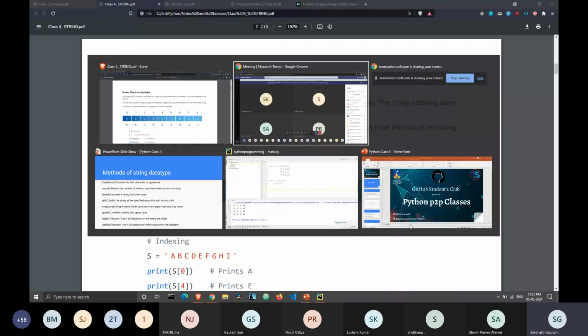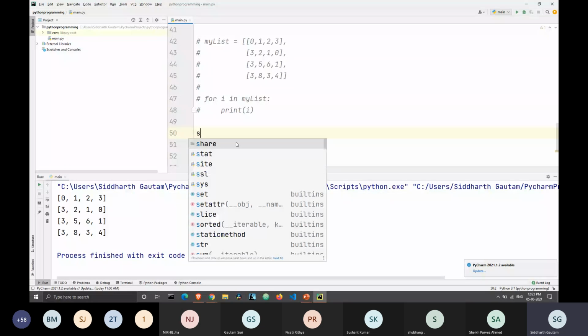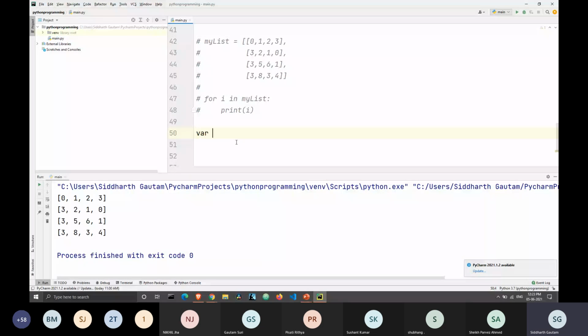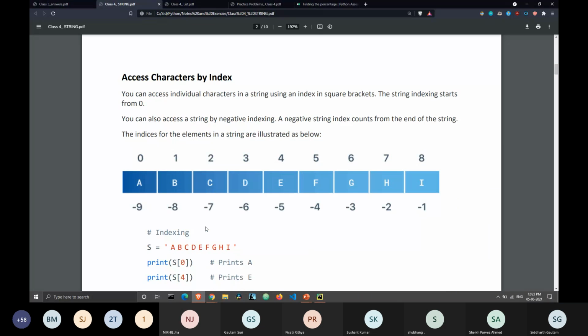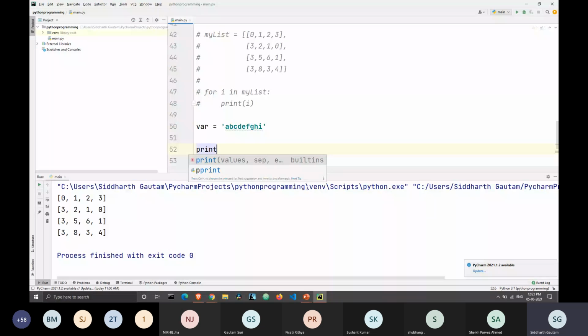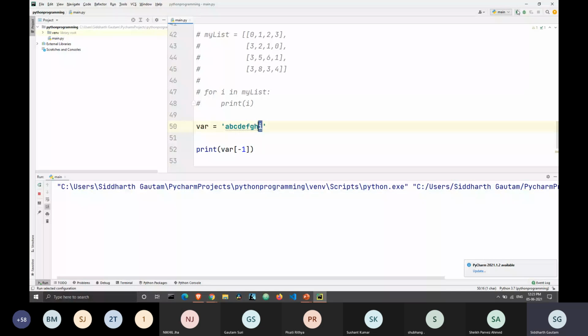Let's say I have a string variable, let var is equal to A, B, C, D, E, F, G, H, I. And as you can see in this diagram here, we can access individual characters of this string using the index. So if I type print var -1, which means I should get I printed because I is the -1th element of the string. As you can see, the character I got printed.